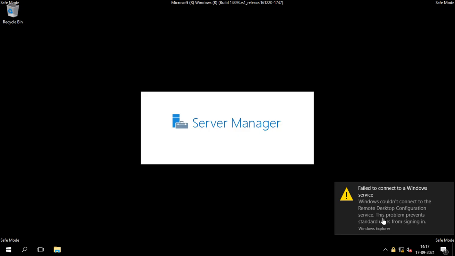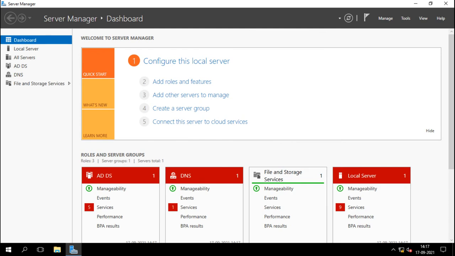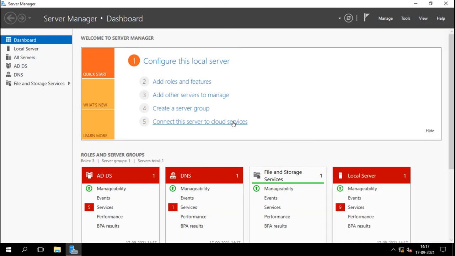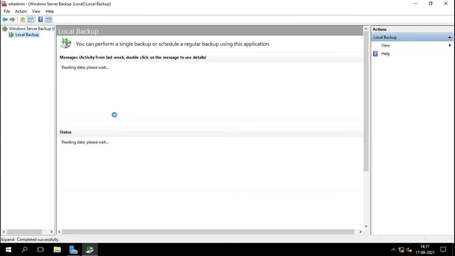And now you can see it is saying safe mode. It is starting in safe mode. Under safe mode, most of the services are not running, directory services are also not running. So we can select backup and restore. We will go to backup, and we can go to restore it. And we have to do the authoritative restore.